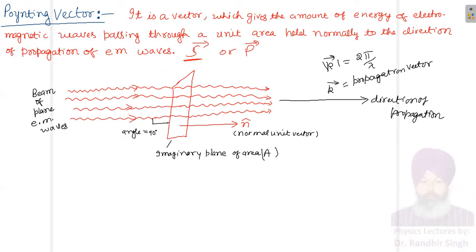So I can shade this area. Let me shade this area first. So now I have shaded this area, with the yellow color. You can see these electromagnetic waves are falling normally on this area, and the normal vector is n cap. Since electromagnetic waves are falling normally on this area, k vector and n cap both are in the same direction, and the angle between the surface of this plane and the direction of motion of the electromagnetic waves beam will be 90 degrees.